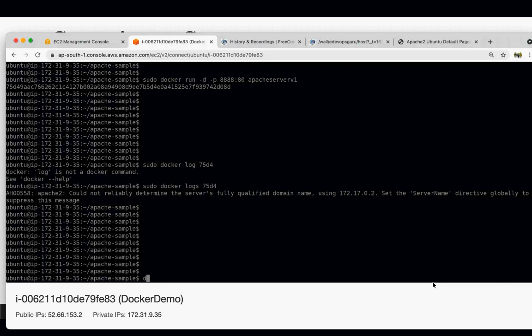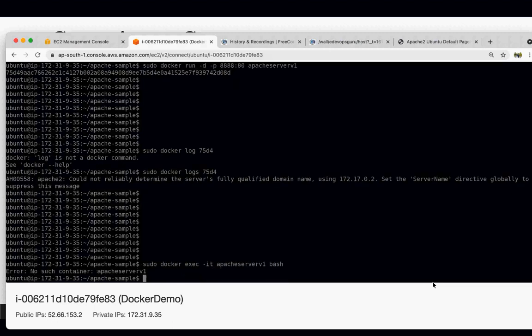For that you have the command sudo docker exec -it and the name of your Docker, Apache server v1, and then bash.